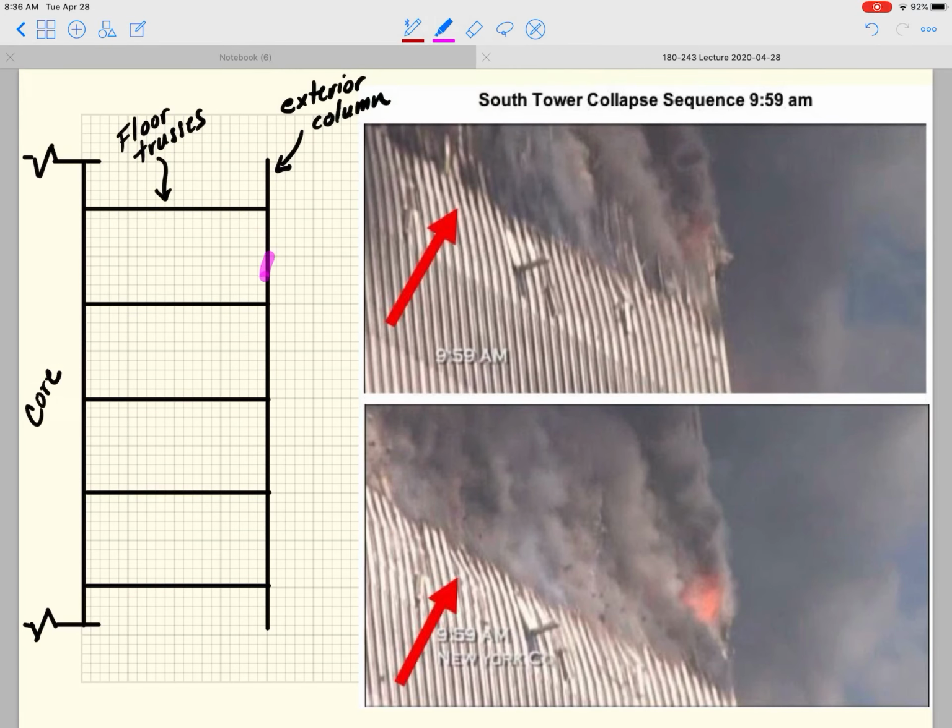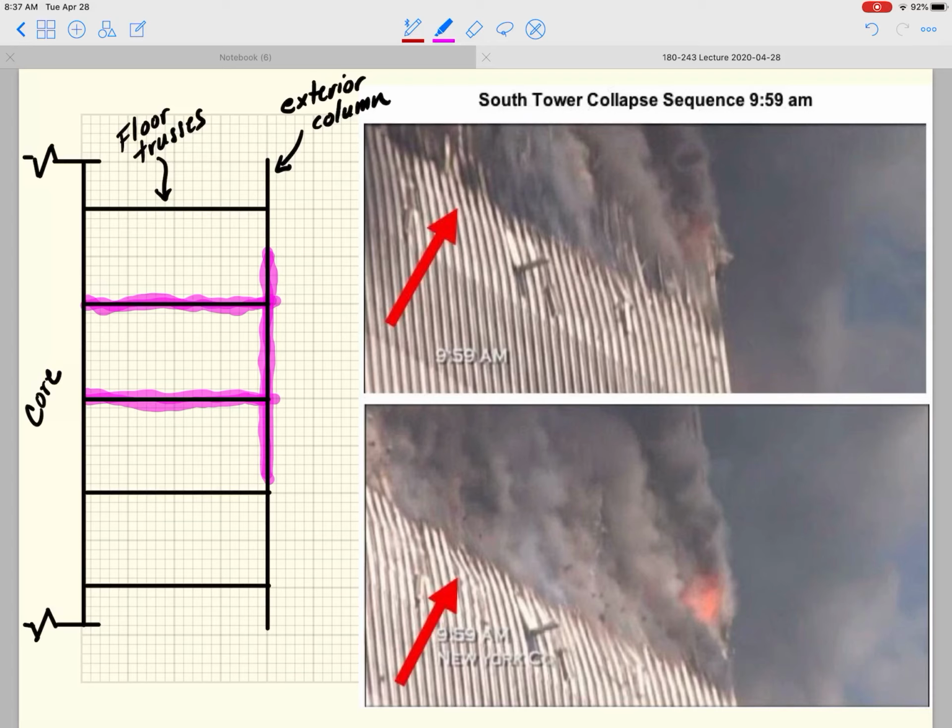So the first thing that they did was that they damaged a series of these exterior columns and floor trusses, right? So these guys are being removed, right? And that does a few things, right? One, it increases the